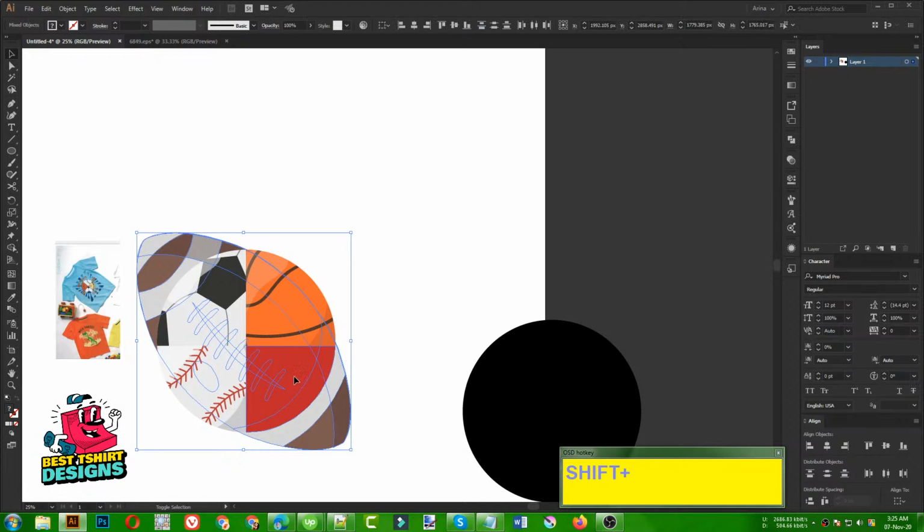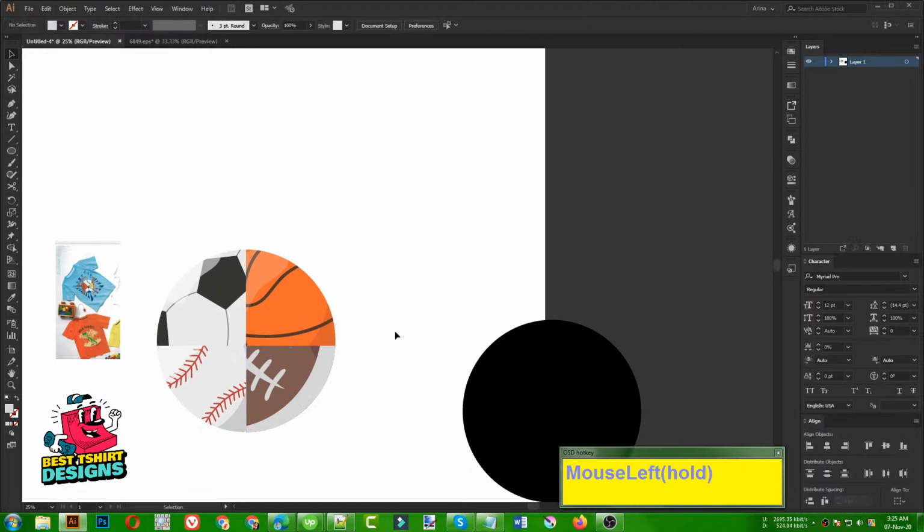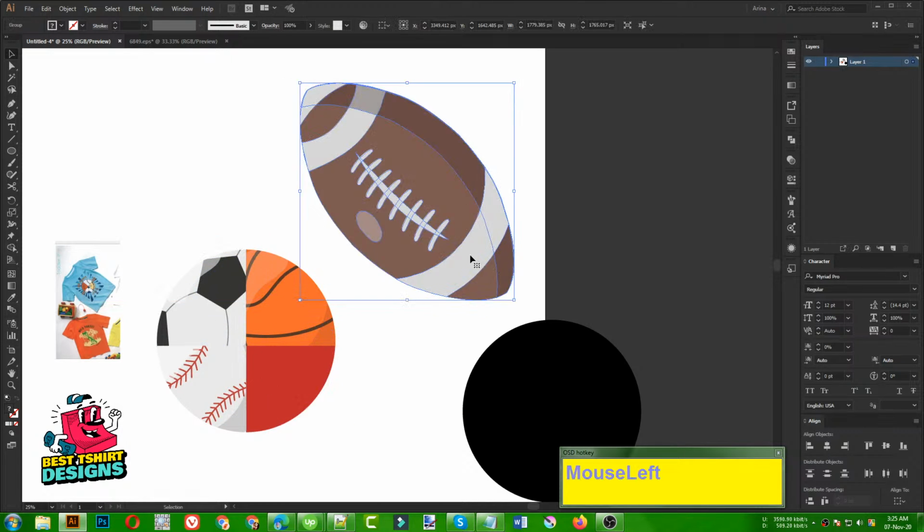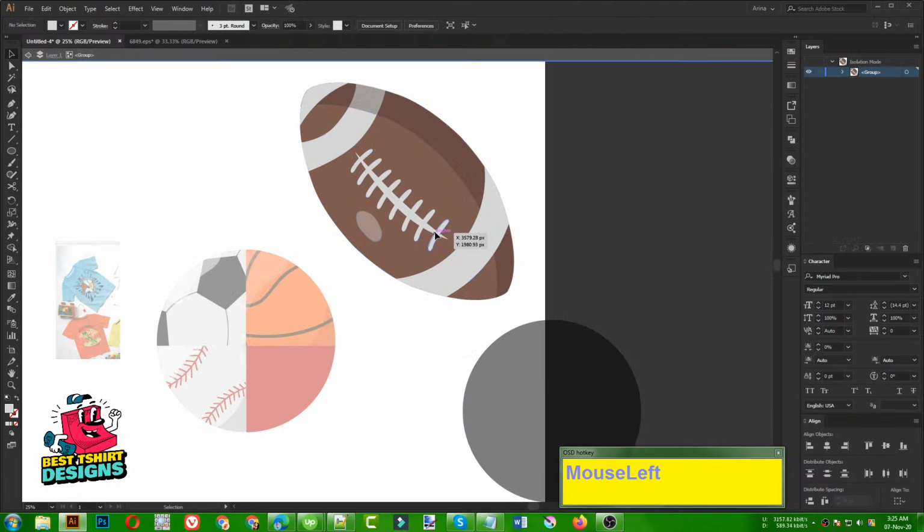Then click here to select that red shape, right click, make clipping mask. This is now looking like this, but this is not really looking very good, I think. So let's go a step back. Now I can simply do some modifications. The easiest way is to select everything like this,